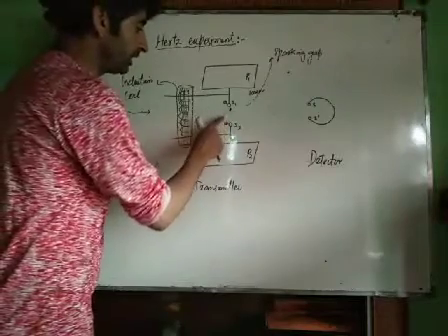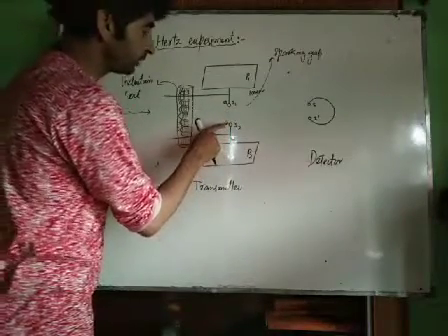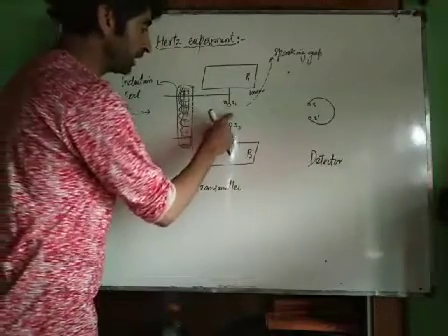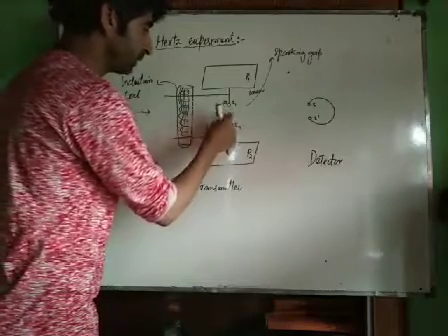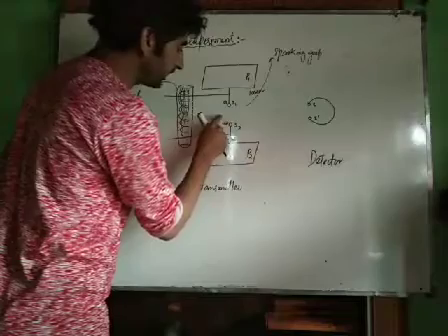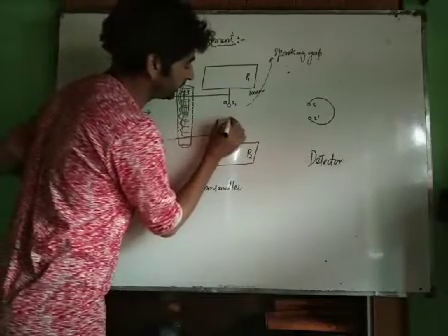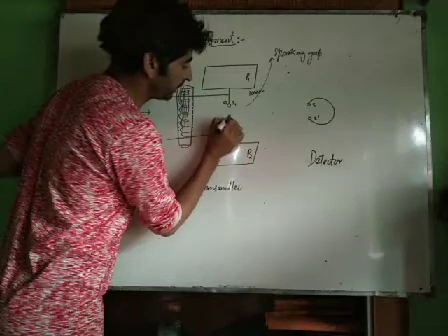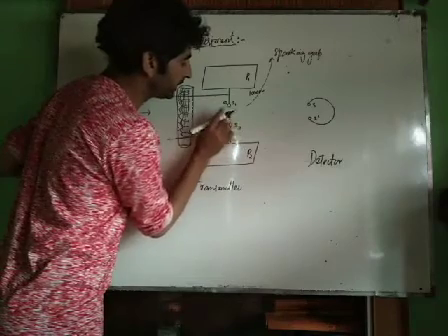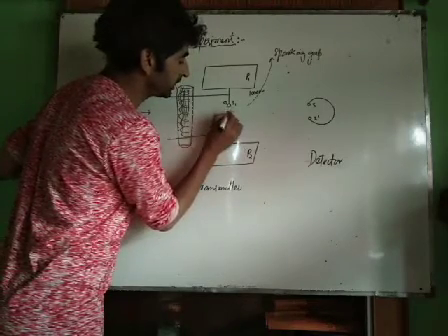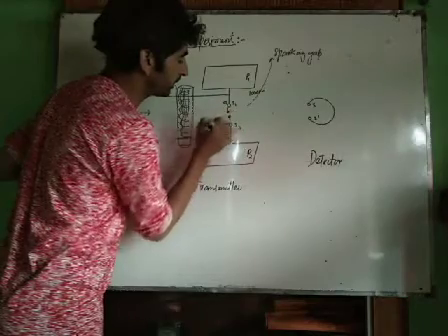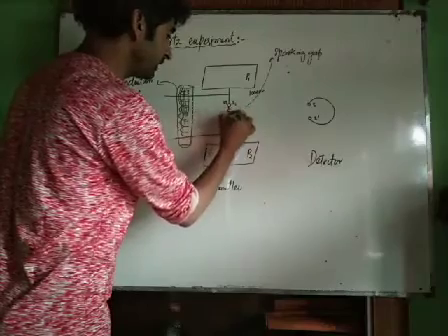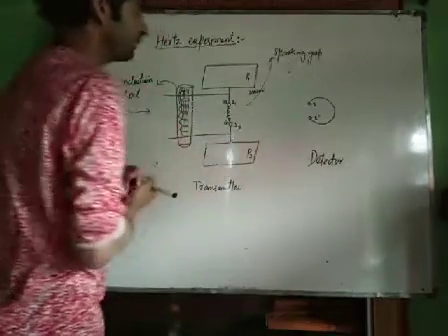This site has very high potential. This site is positively charged, so it wishes to attract electrons. There is air present in the medium, because air is made of matter, and matter consists of electrons and protons. So this site attracts electrons from the air. For example, it attracts one electron from the air, the electron is lost and moves over here, and this side becomes positively charged. Then it attracts another electron, and then another. As a result, a spark is generated over here. That's why this gap is known as the spark gap.